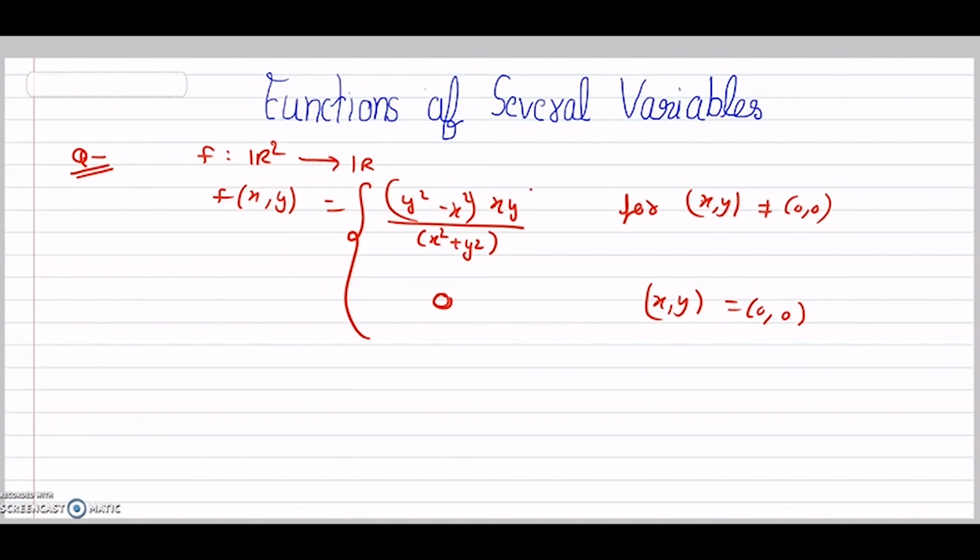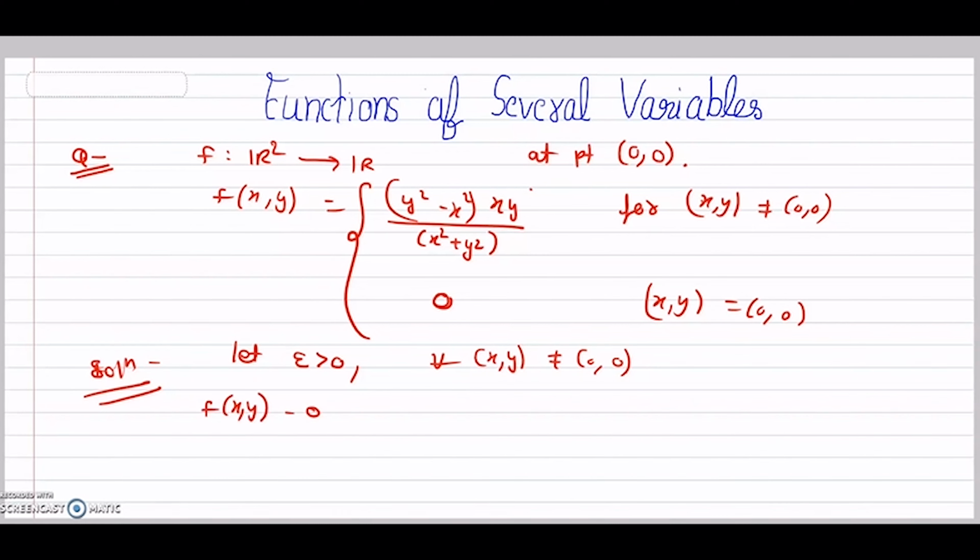ठीक है, हमें शो करना है कि जो फंक्शन है ये कॉन्टिन्यूस है एट पॉइंट 0, 0, एट पॉइंट 0, 0 पर ये कॉन्टिन्यूस प्रूफ करना है. So let us first show that limit of f(x,y) at point (0,0) is 0. ठीक है, so let epsilon be greater than 0 and for all (x,y) not equals to (0,0) we have